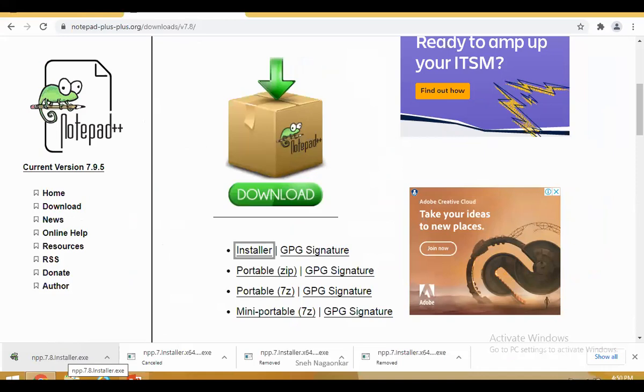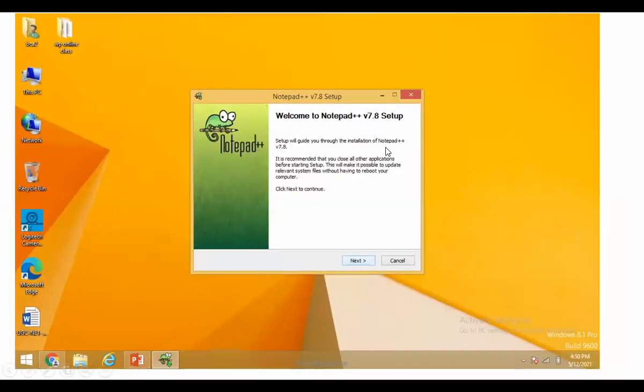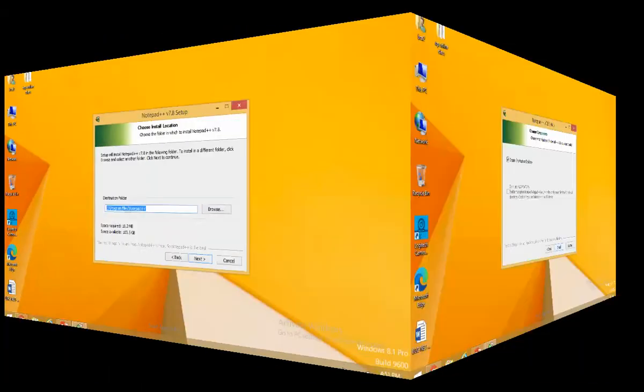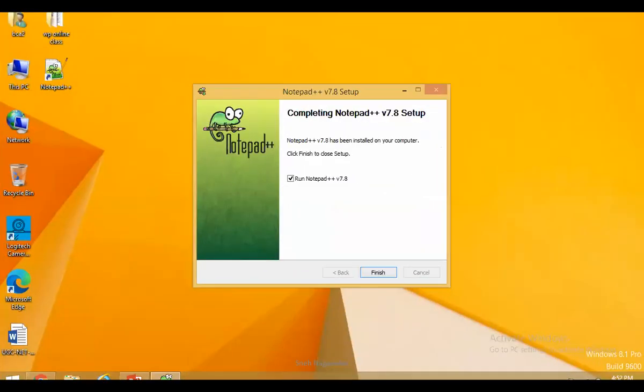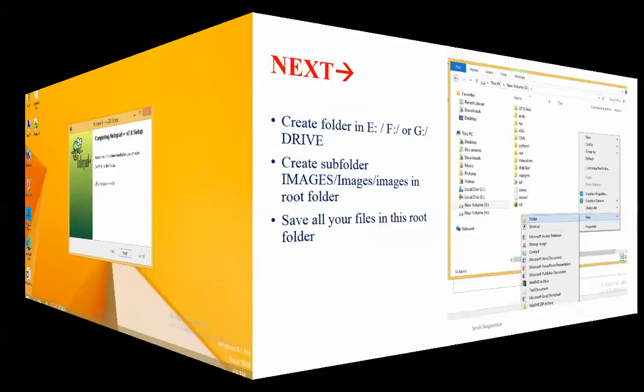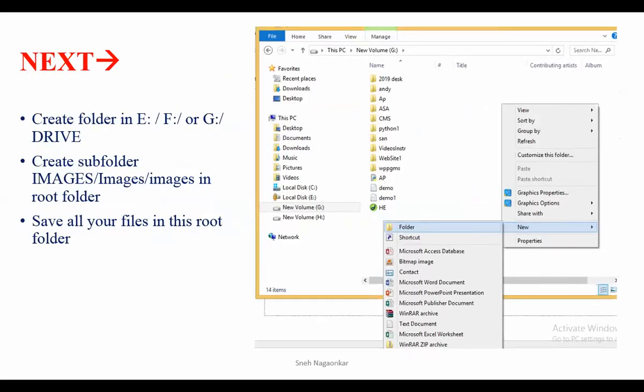So where did I double click, guys? See, I double clicked here, that is the installer, and then it got installed. After installation, it is very easy. Just go on clicking to next, next, and next. And then finish. So 3 to 4 times you have to press the next button, and then you can see that the procedure is over. So this is the procedure of installing Notepad++, right? This is the one part, your installation will be over.